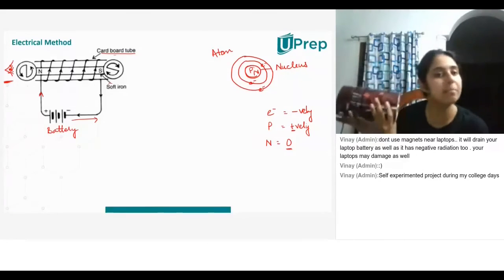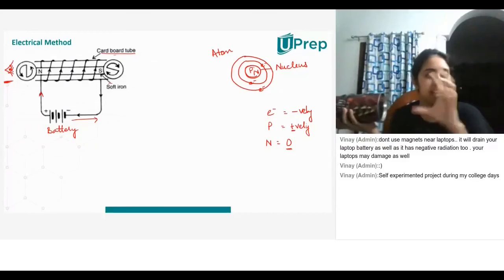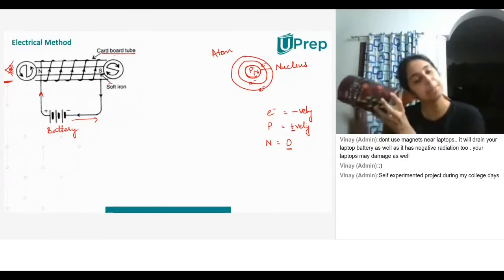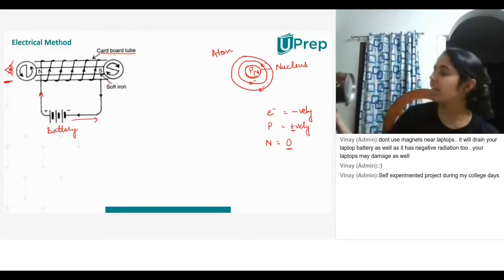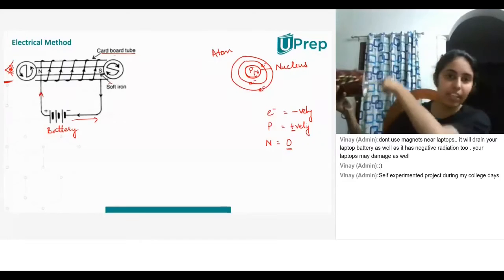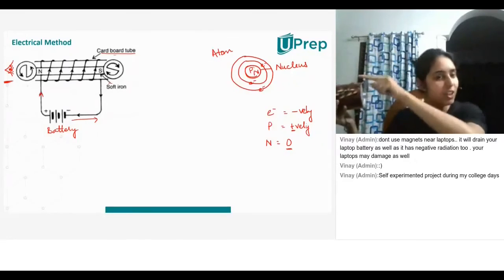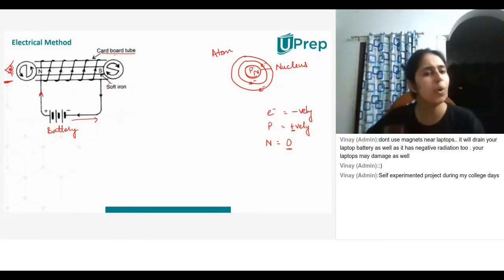If you can take anything that's round and wrap a wire around it, you'll be able to understand. So if I look at it, the current is flowing in the anti-clockwise direction, not clockwise. Do all of you know what clockwise and anti-clockwise is? Yes, ma'am. Okay. So you will notice that the current is moving in the anti-clockwise direction.